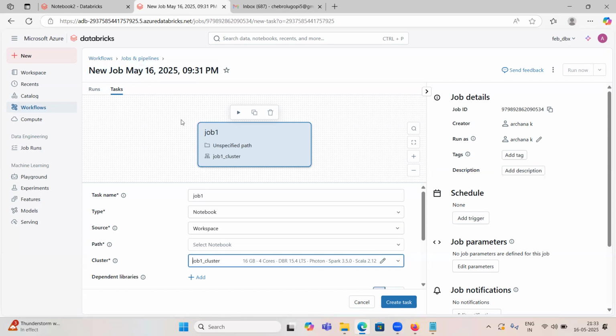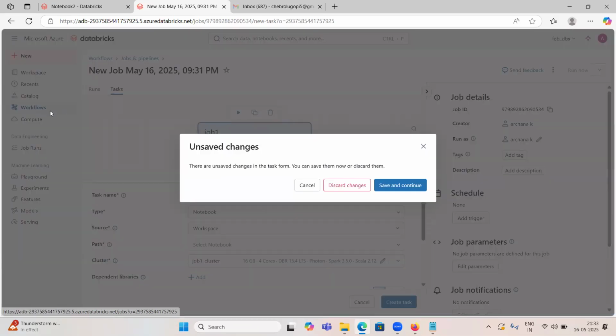Whenever the pipeline or job is completed, at that time the cluster is going to terminate. So if the job takes only 20 minutes, this cluster is active for only 20 minutes, so the Databricks cost will be there for only those 20 minutes. But the problem with this compute is,